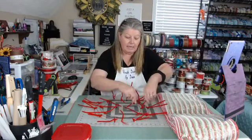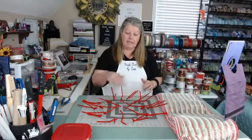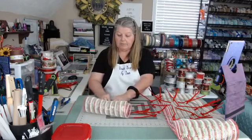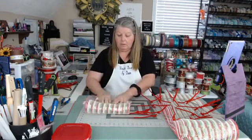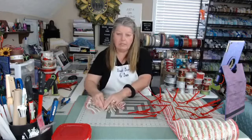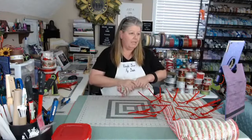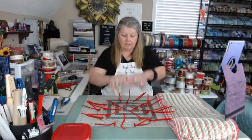Alright, I'm going to start on the top. So I'm going to put my bottom ones down. There are 18 ties, 10 on the bottom, 8 on the top. Alright, so I'm going to ruffle these right up the center. That's a lot of mesh to ruffle. I feel like I haven't done a mesh wreath in a while. I probably haven't, but...